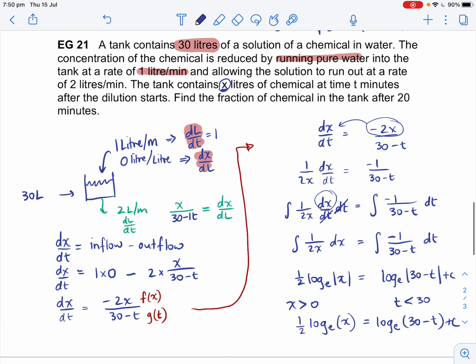Okay, do we have an initial condition? A tank contains 30 litres of solution of a chemical in the water. The concentration of the chemical is reduced by running pure water. The tank contains x litres of the chemical at time t minutes. Find the fraction of chemical in the tank after 20 minutes. So we want to find out how much is in the tank after 20 minutes. Okay, now we know initially